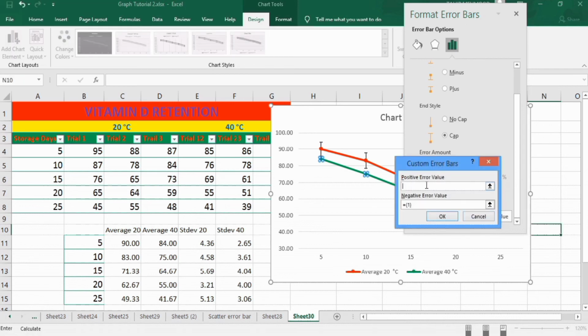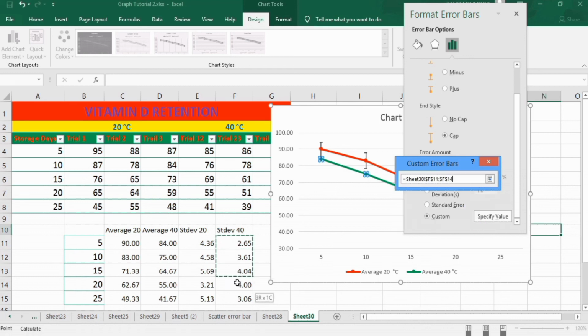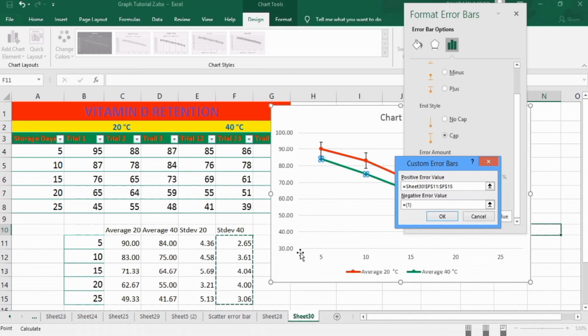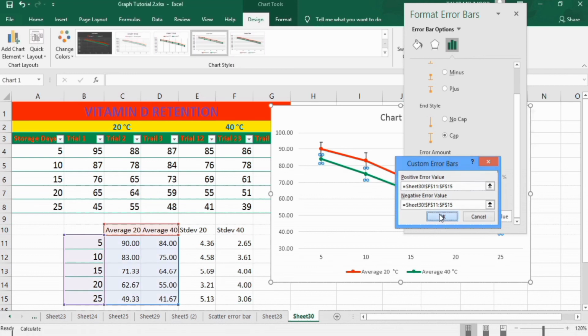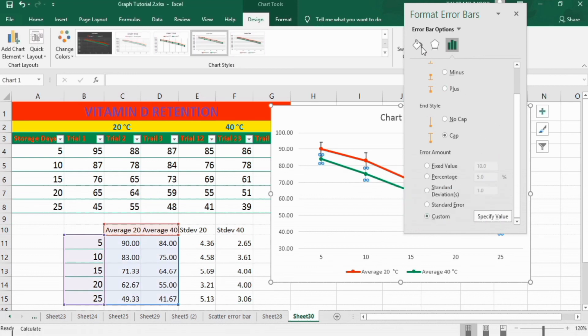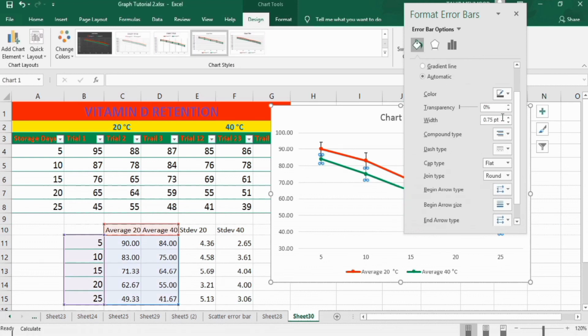Remove this one and select standard deviation values at 40 degrees centigrade. Then again follow similar step for negative error values. Click on OK, and from here you can adjust the width.